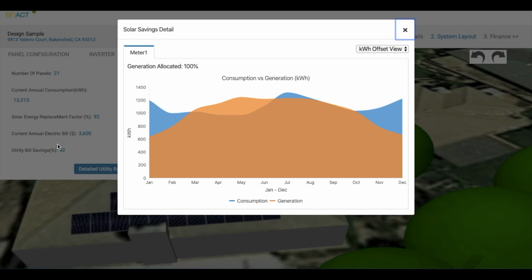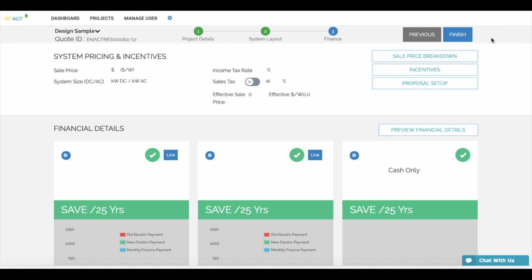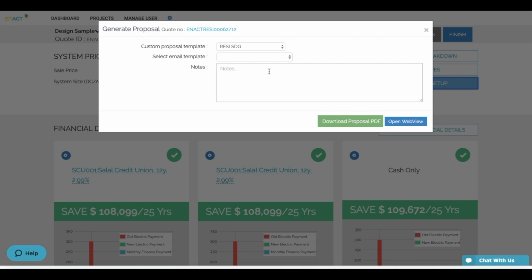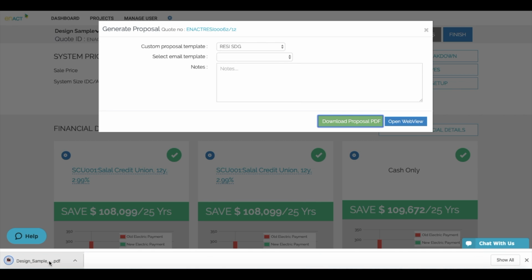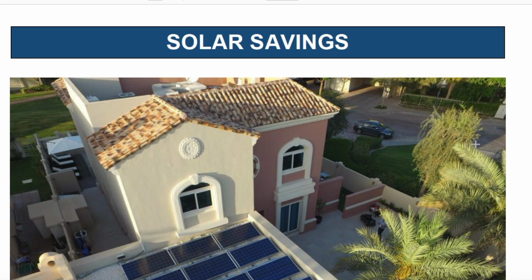We have 92% savings and 1588 generation, and I'm now going to go ahead and upload the pricing, and here it's $2.6 a watt. It's the same price as before, same financials. I'm going to go ahead and download the proposal, and just like last time, once I open it up I can see as